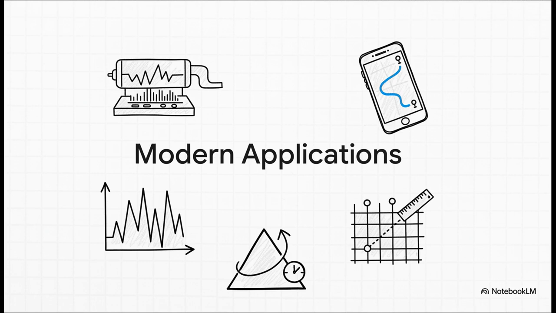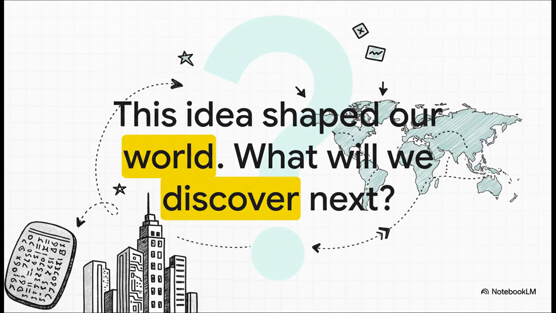Or, when your GPS finds the fastest route, it's using absolute value to measure pure distance. The stock market, engineering, you name it. Anytime you need to measure the sheer size of something and the direction just doesn't matter, absolute value is the tool for the job. So, from a scribe's ancient clay tablet to the complex code that's running our cities today, the story of absolute value is this amazing testament to human curiosity. It shows how knowledge gets built piece by piece across cultures and across thousands of years. It's a concept that has literally crossed continents and millennia, and it just leaves you wondering, where's it going to take us next?